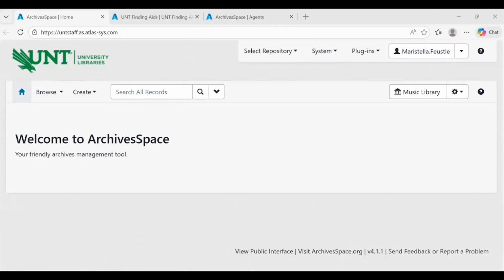Okay, if that went well, you're seeing the UNT admin interface of ArchivesSpace. University of North Texas. So the reason behind this plugin, or at least the benefits I especially see